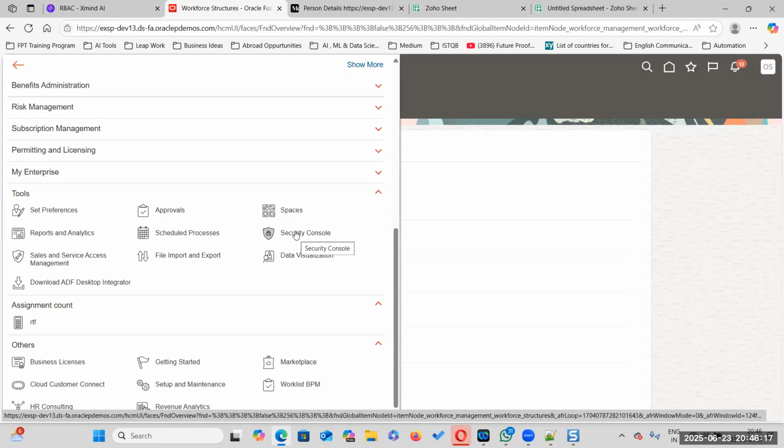So it's not available for everybody. Hardly 1% of the people will have access to security console. In general, you will not get any kind of access to security console. Just for learning purpose, you will learn, but when you are in production, you will never get access to security console. Maybe in test environments you will get, but in production environment, you will never get access to security console because everything can be controlled using security console.